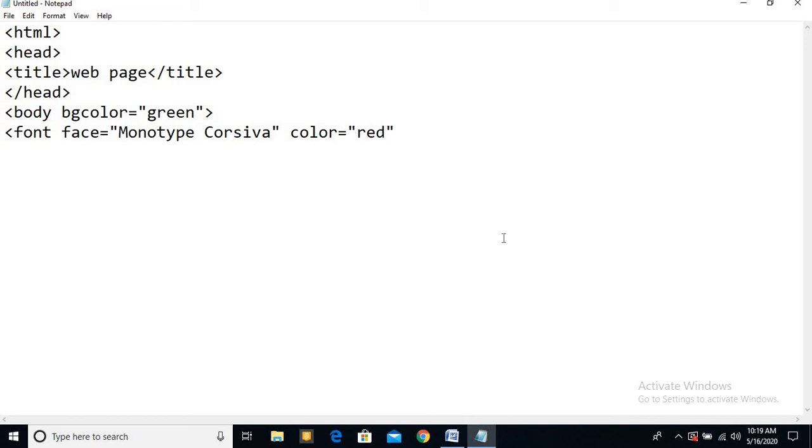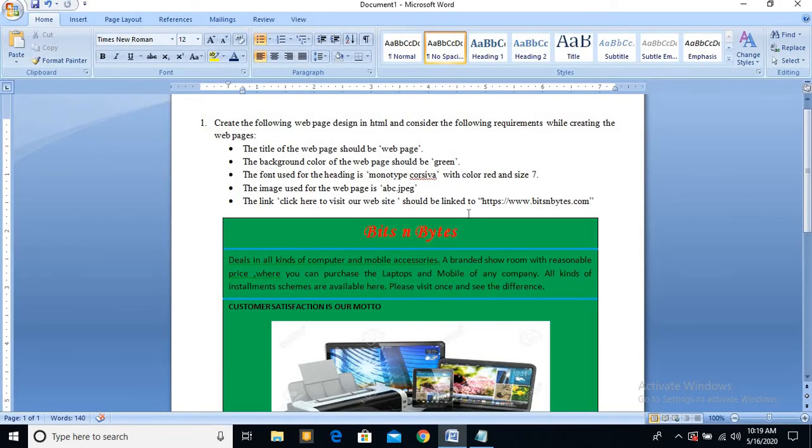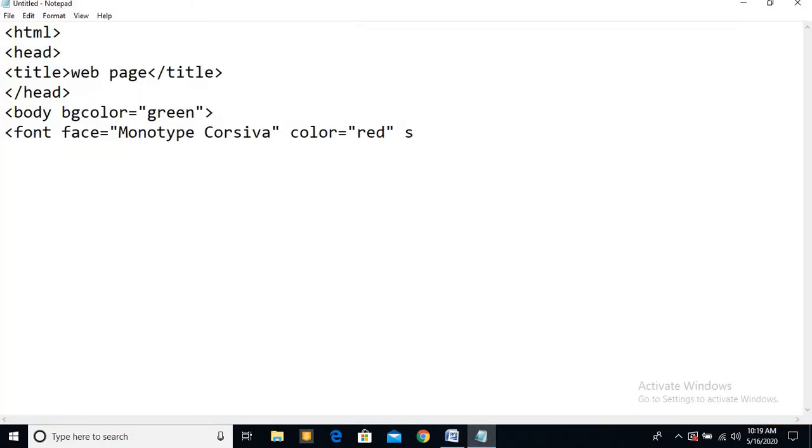Beta, it works without quotes also, but it is my advice to you, if you are doing HTML, then each attribute, means font is a tag, face is the first attribute to change the writing style, then color is the second attribute, give one space, second attribute is equal to red. Then what is the last one? To give the size. For the size you have to give SIZE.